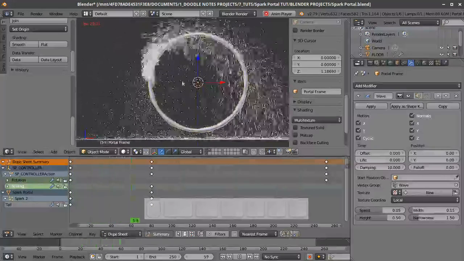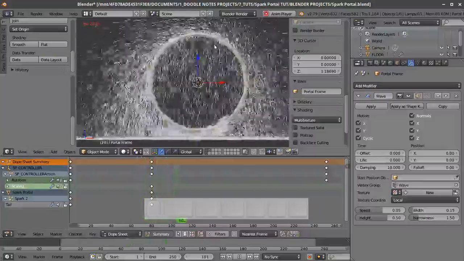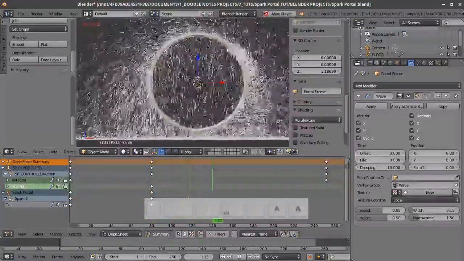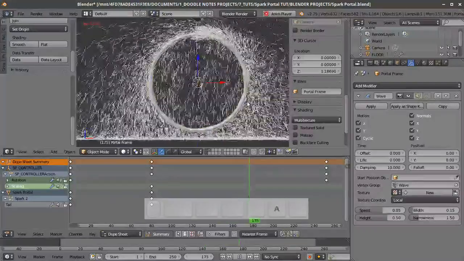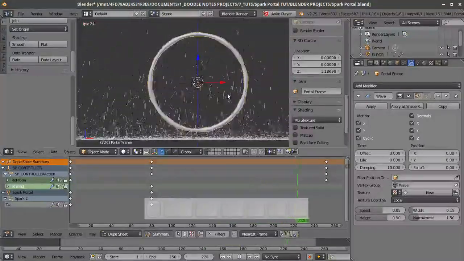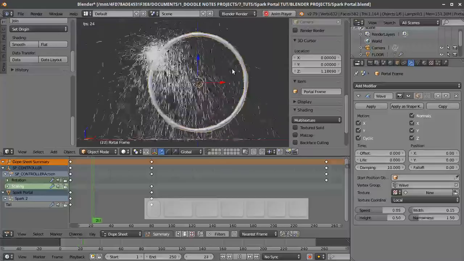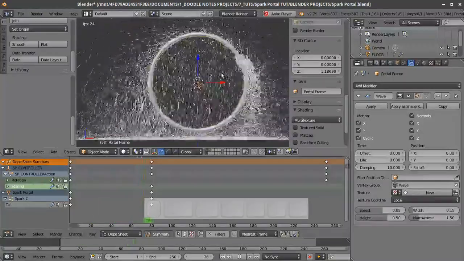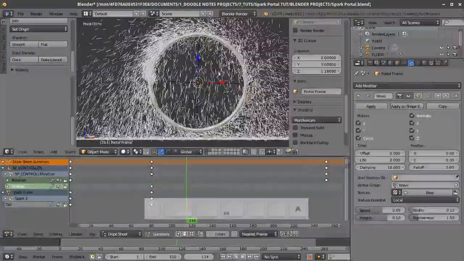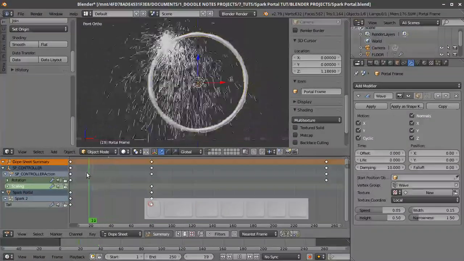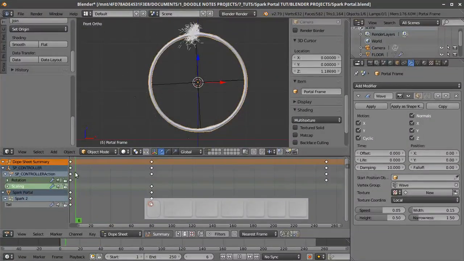So yeah, this is just to get that pulsating effect for the portal frame. You can actually see a bit here how it pulsates. Adds a really interesting effect to the portal. So yeah, if you're happy with that, and I think it's looking good for the portal frame,